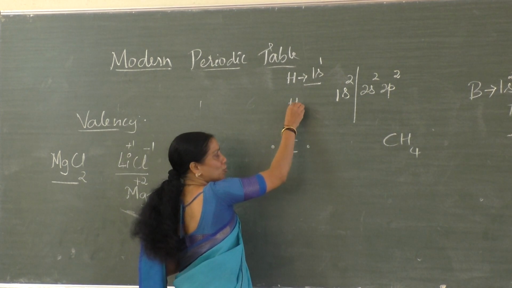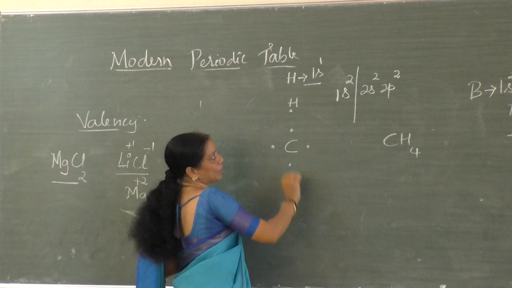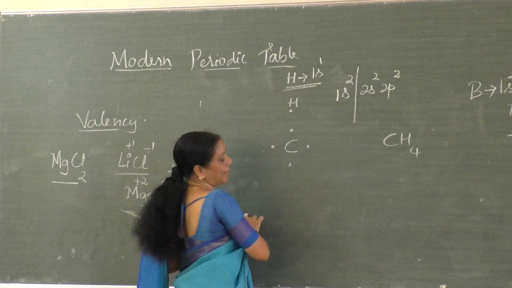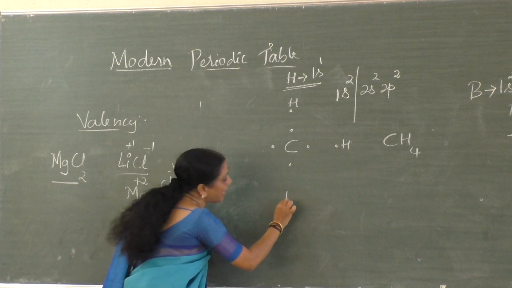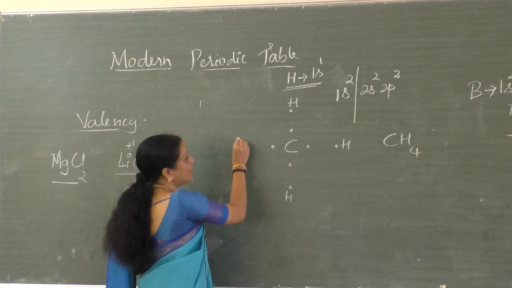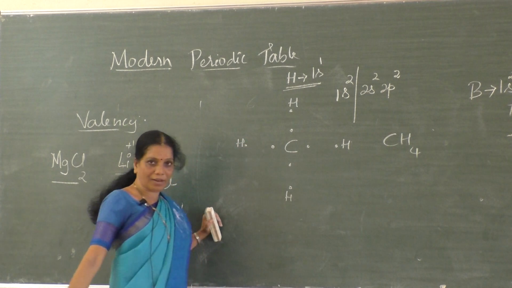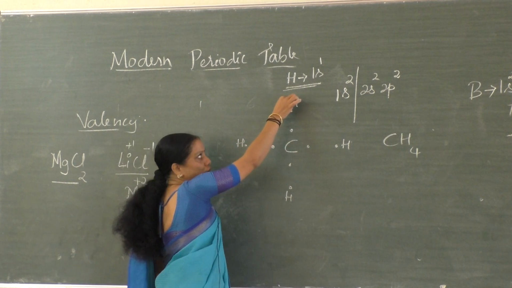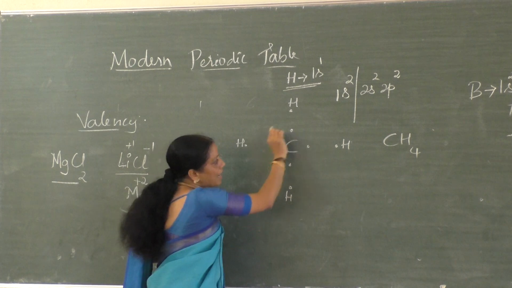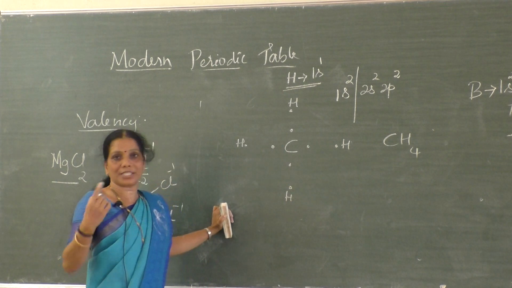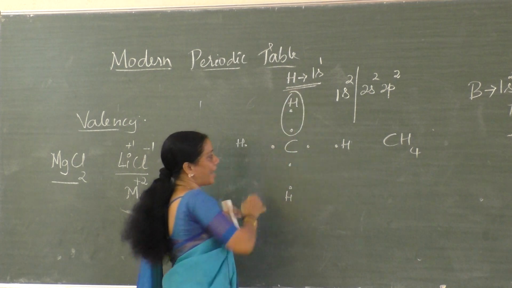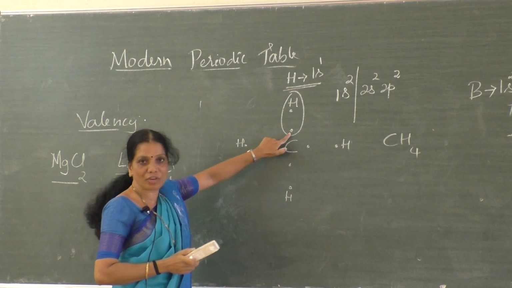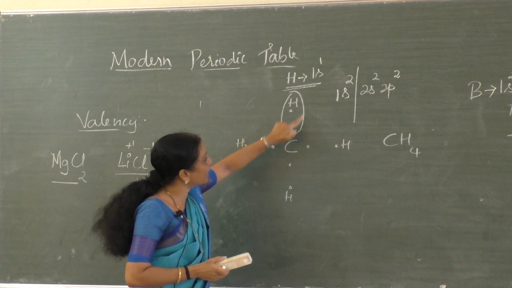That means hydrogen, single electron in the outermost shell, one more hydrogen, single electron in the outermost shell, another hydrogen, single electron, and one more hydrogen, single electron, like this. See, hydrogen requires 1 electron. Carbon requires 4 electrons to reach the octet state, therefore sharing takes place like this. See, hydrogen shares its electron with the carbon, forming a new bond.